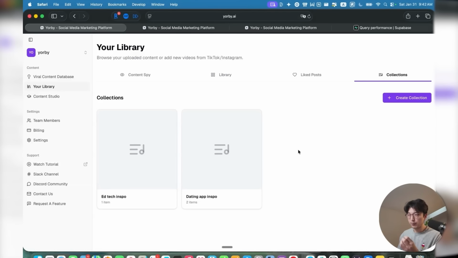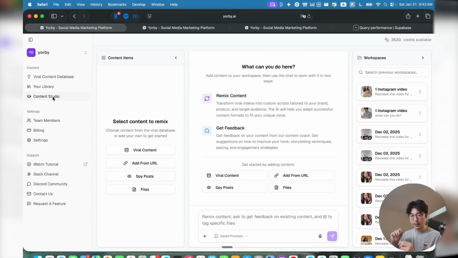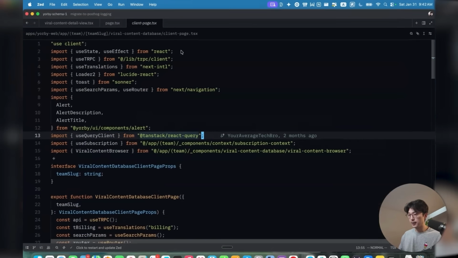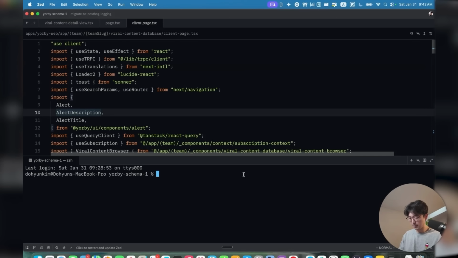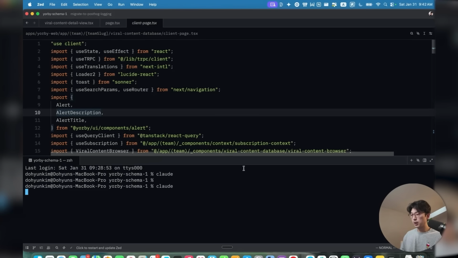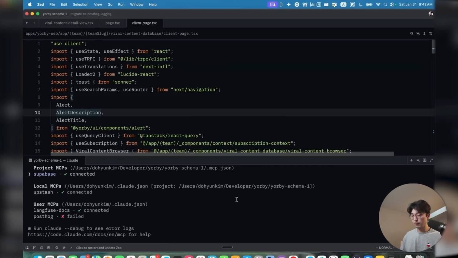So essentially what I would do, I would navigate through my app, see where some of the biggest latency was, and I would write it down into a scratch pad. Then from there, I had a general premise from both the AI researching my Supabase dashboard, as well as my personal usage of Yorbi, to see where the biggest latency existed. And then from there, I would go into my code editor. In this case, I've been testing out Zed, might do a little review on this editor in a bit. So from here, I would boot up Cloud Code. Then as an MCP, I added the Supabase MCP for my project, the same project that AI earlier was navigating